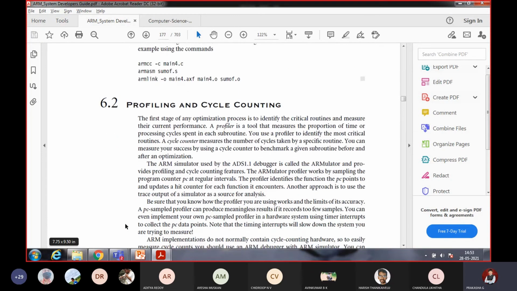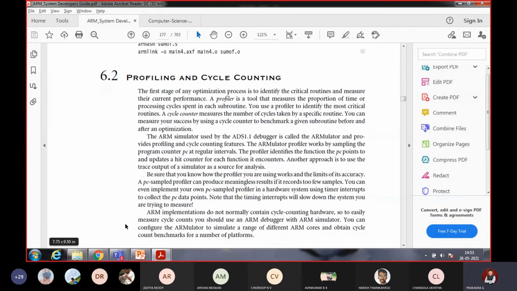Very important topic. See, this chapter is very small in size. It may take maximum 5 hours. It should not take 5 hours also. In detail like this, in this phase, if I go now, it may take 5 hours. Or if I go straight away, if I discuss, it may take maximum 3 hours to complete that one. We'll go slow and steady. We'll execute the programs and this theory part only, how to write the program. But once you move ahead, in the third module, you'll write the programs, you will come to know what type of programs you have to write, everything. Okay. So profiling and cycle counting.